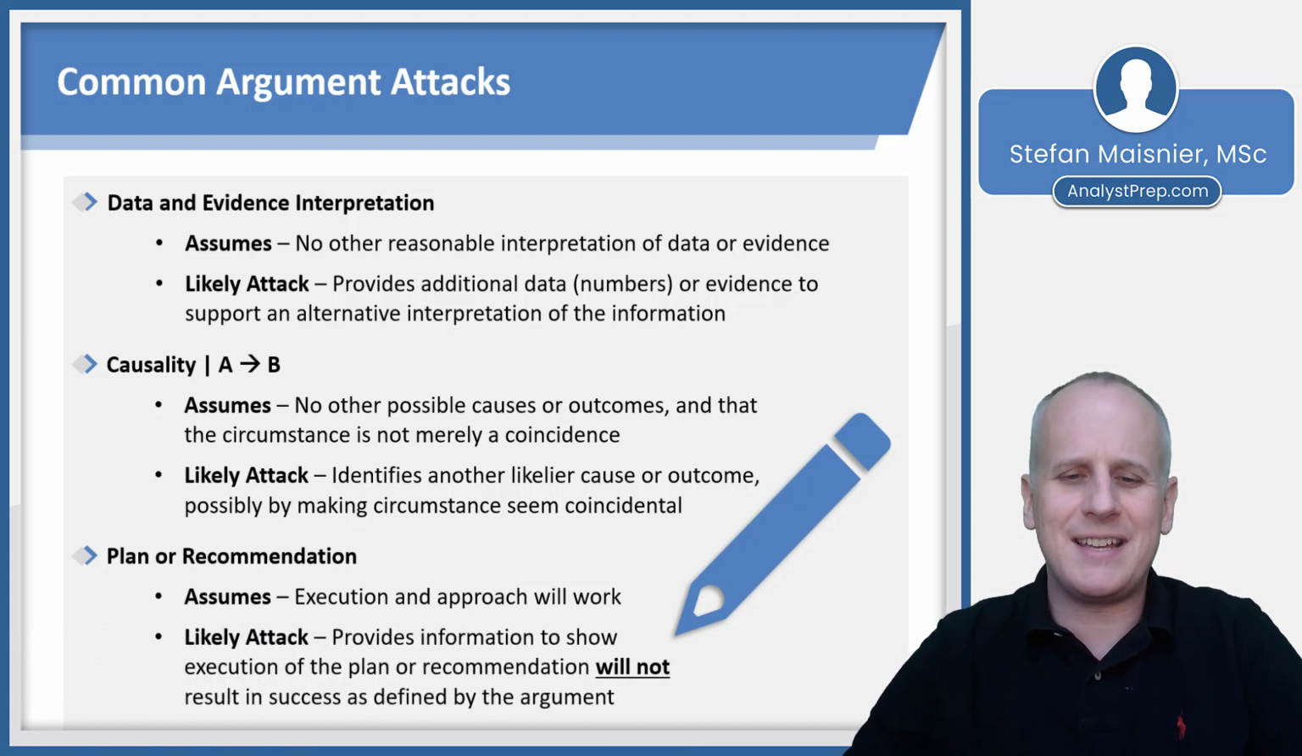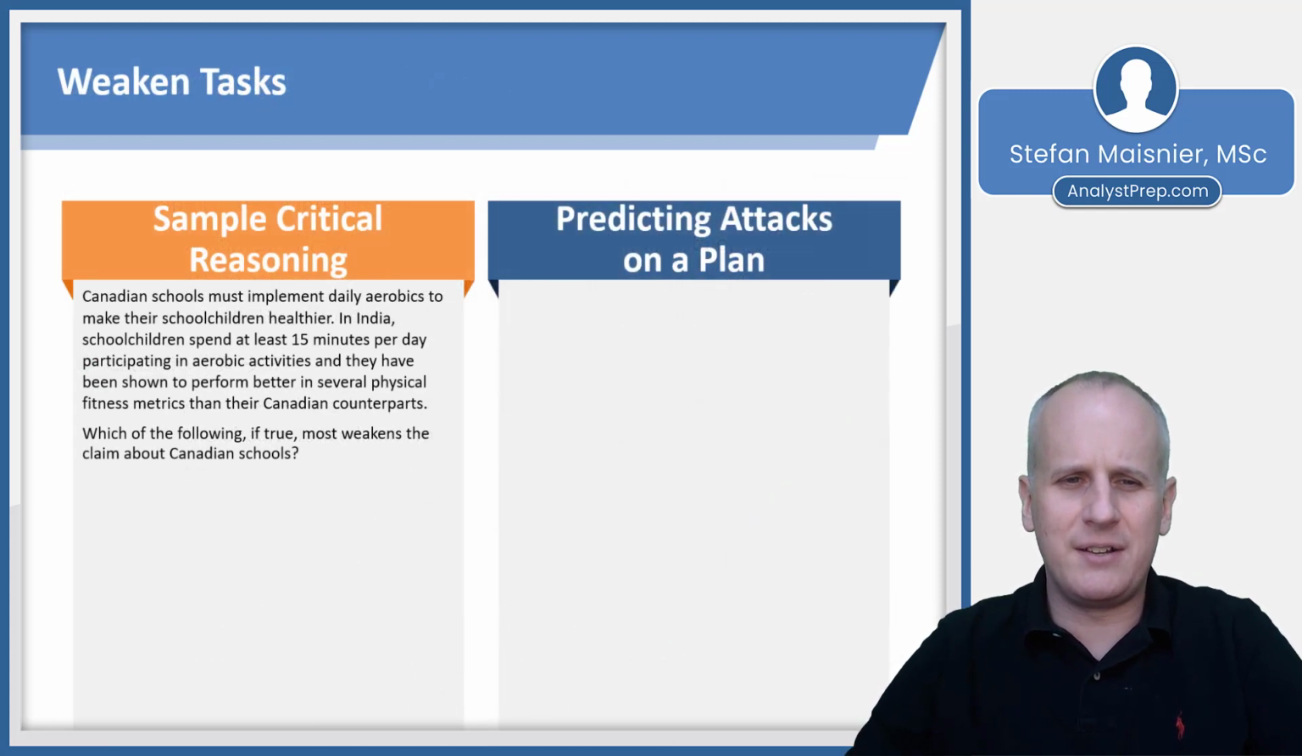So a likely attack should provide information to show that executing the plan or recommendation will not result in success as was defined by the argument. So let's go ahead and take a look at another sample critical reasoning and see how we can address predicting attacks on specific plans. So in this case, as always, we go to the end, figure out what our task